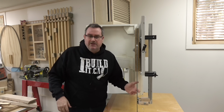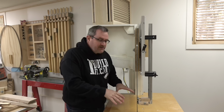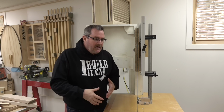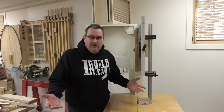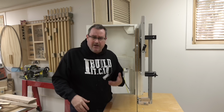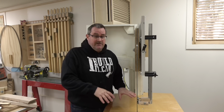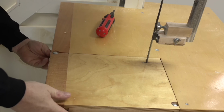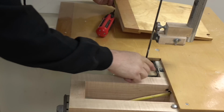Part of it is how long you normally use a saw. You're not standing here for hours on end making a cut. Usually you make a cut and it lasts maximum 3 or 4 minutes. Me anyway, that's all I use. So I cut small parts, run it through, turn the machine off, could be sitting here idle for hours on end before I use it again. I'm going to open up this part right here and look inside,